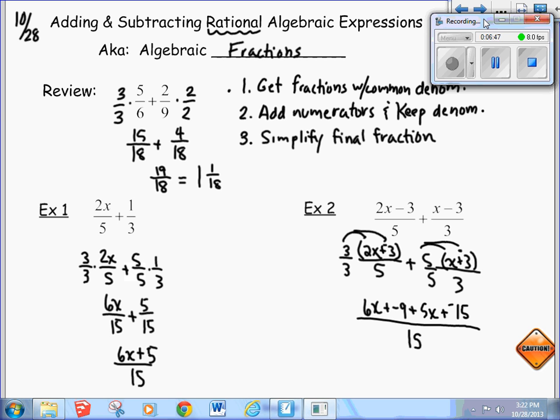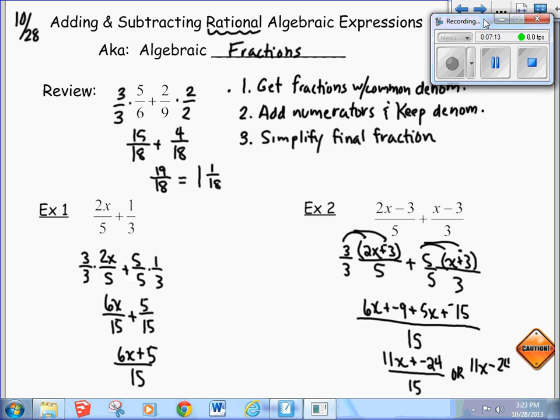We just have to simplify, combine any like terms that we have in our numerator. We've got a 6x and a 5x, so that simplifies to 11x. And we have negative 9 plus negative 15, so that's the same as plus a negative 24, over 15. Now remember that we want our answer simplified, so we're going to take a second and change this to 11x